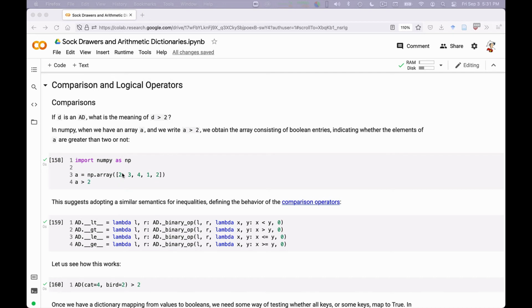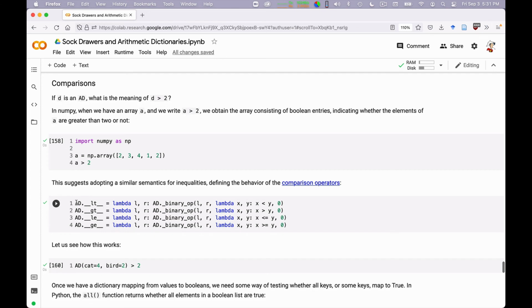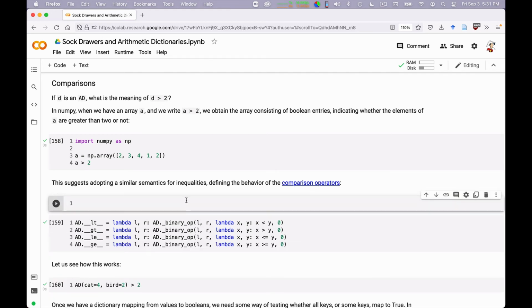This is all I need to do. I need to write this code in which I say the implementation of lower than between... okay, so perhaps this is a bit fast. Let me write it more slowly. I can write this def ArithmeticDictionary lower than between self and other.